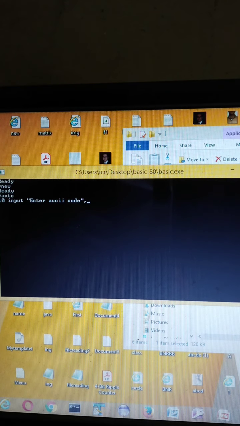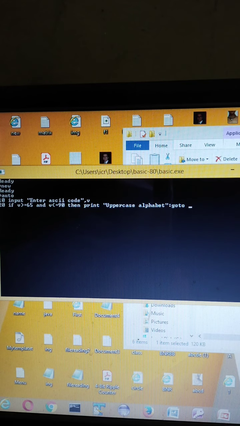Since the ASCII code is numeric, we'll take an integer variable, suppose V. So I'll check here: IF V is greater than or equal to 65 and V is less than or equal to 90, then PRINT uppercase alphabet, and then we'll say GOTO 50.